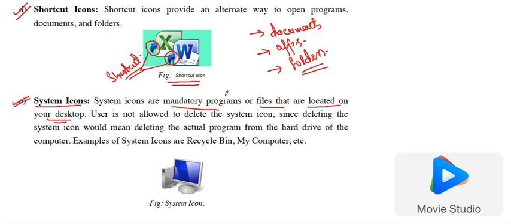For example, if you try to delete the recycle bin icon, you cannot delete it, because deleting a system icon may delete the actual program from your hard drive and you may lose functionality. So it is restricted that system icons sometimes cannot be deleted. Examples of system icons are the recycle bin, my computer, control panel, and so on.